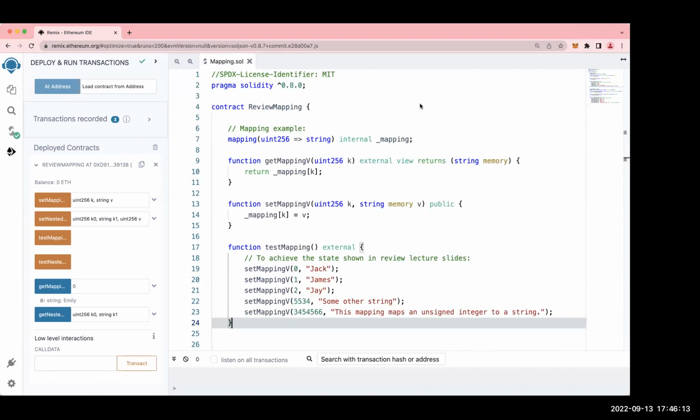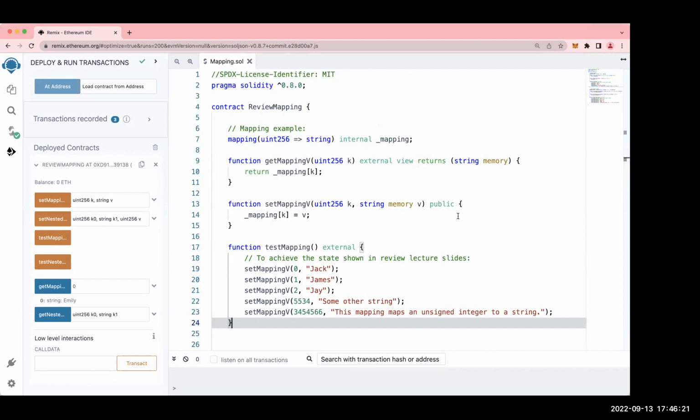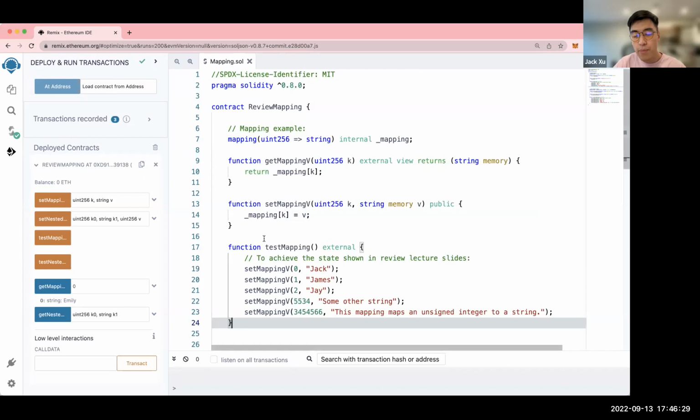I'm still a little confused on the set mapping, because where do you put that? Do you identify set mapping before you write that function? What do you mean?